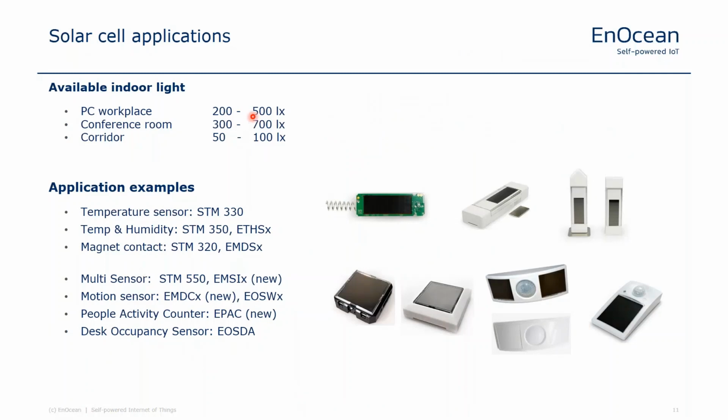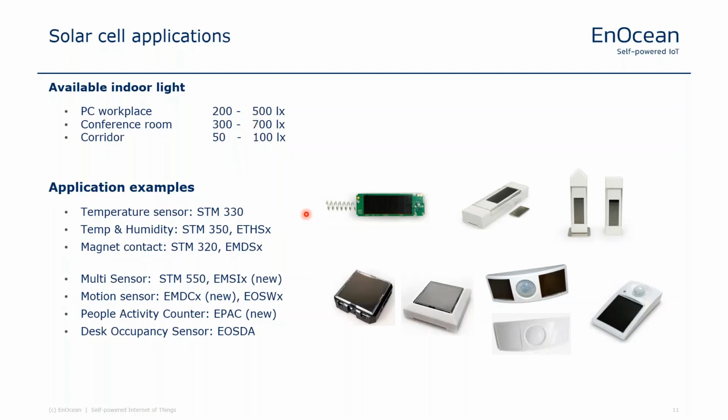Some more applications we will see here. Some examples for the available light. In a very dark situation, in the dark corners, it's about 50 lux. In a very bright one, you have about 500 to 700. It could be even higher at the window, where you have 1,000 or even more. For operation of our modules, you need 50 lux. It starts with 50 lux. 200 is perfect, so in our scenario, 500 is even better.